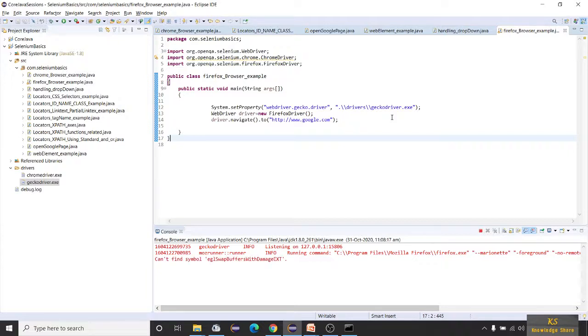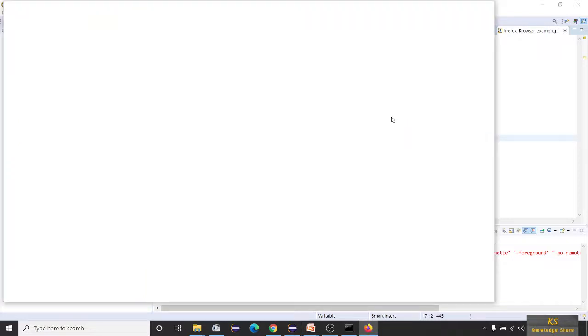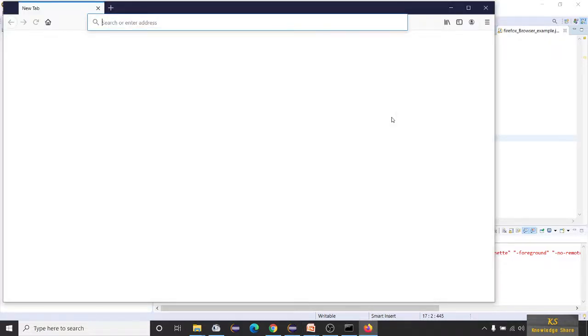It's a bit slow. See, the Firefox browser is launched and it will open the Google page now.